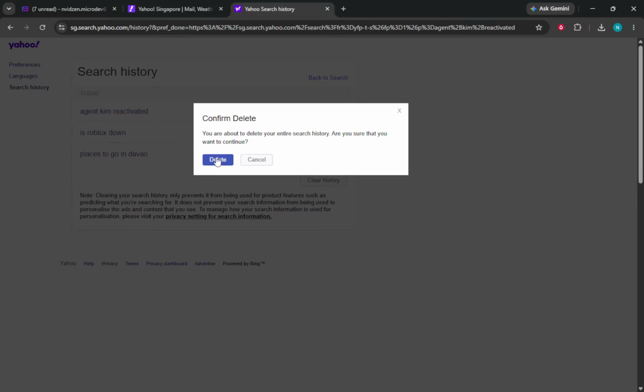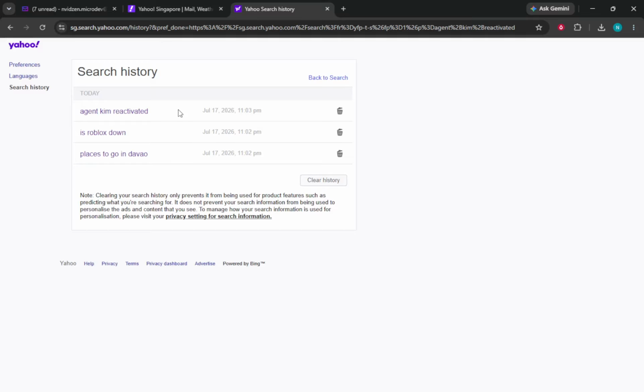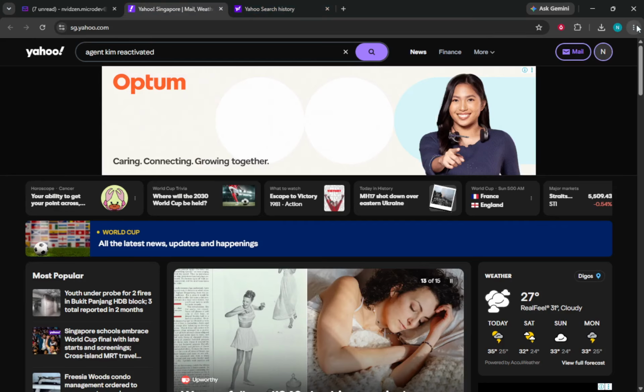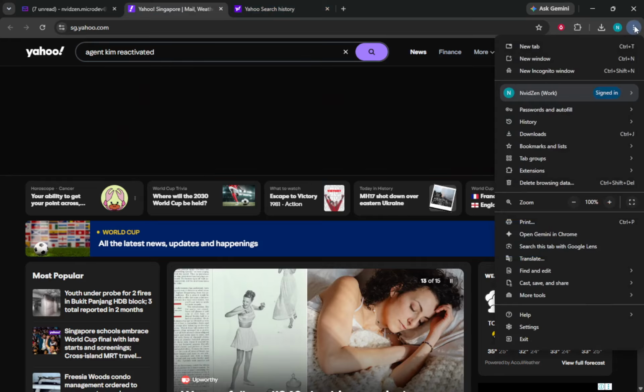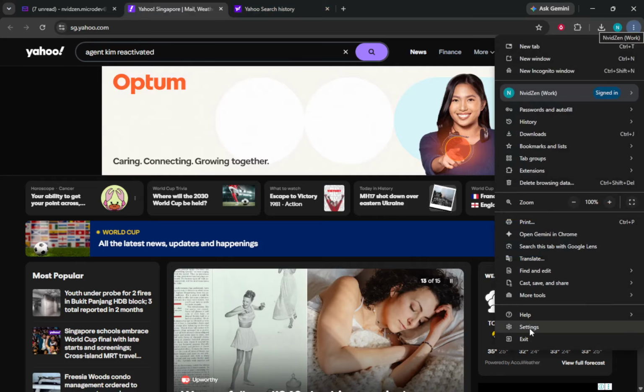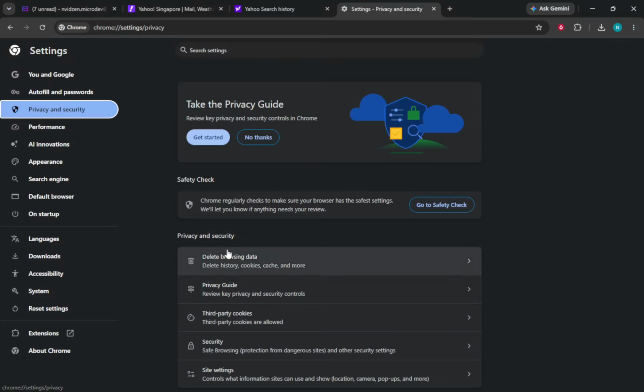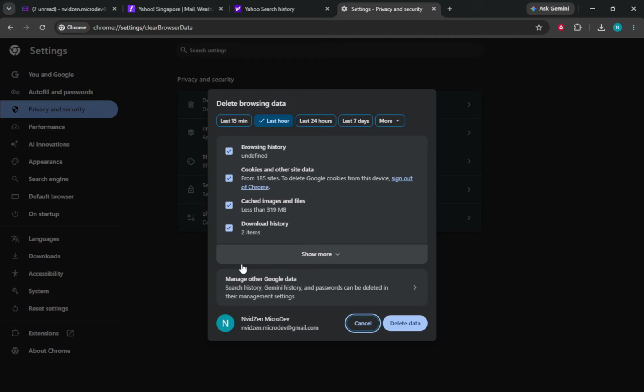If you want to remove browsing data such as cookies and cached files from your browser as well, you will need to clear your browser history separately. For example, if you are using Chrome on Android, navigate to Settings, then Privacy and Security, and select Clear Browsing Data. This step is important for a comprehensive cleanup of your online presence, ensuring that your system runs smoothly and securely. By following these instructions, you can effectively manage your Yahoo search history, enhancing your online privacy.